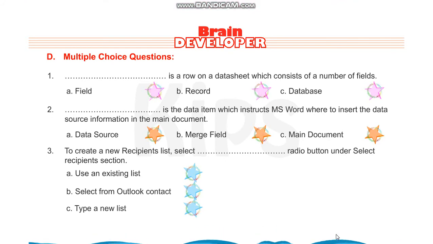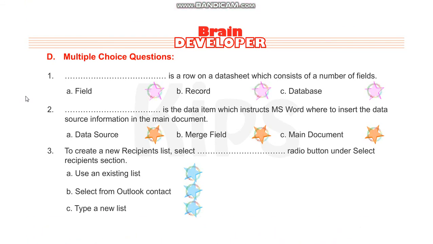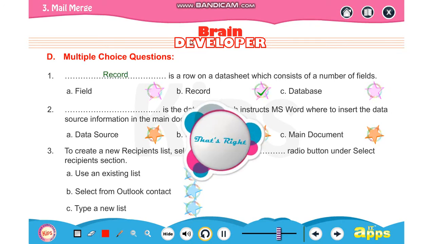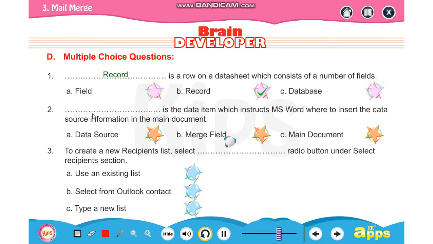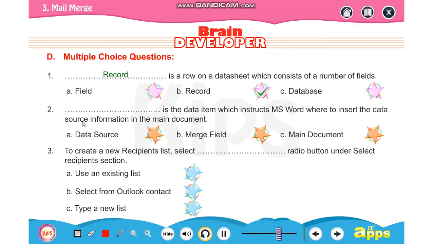Now come to multiple choice questions. Dash is a row on a data sheet which consists of number of fields. Row is your record. Dash is a data item which instructs MS Word where to insert data source information in the main document.